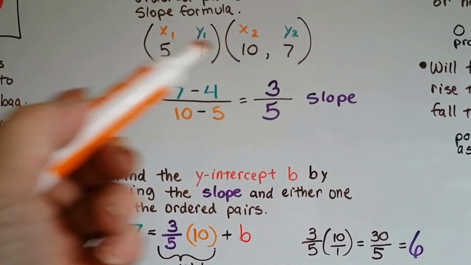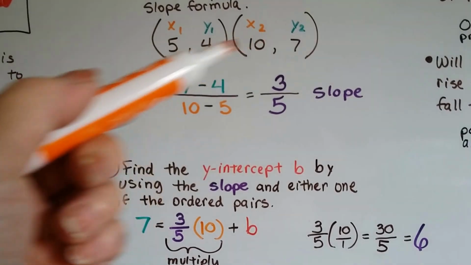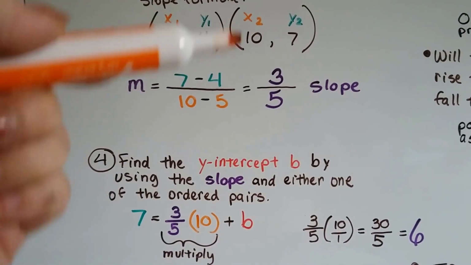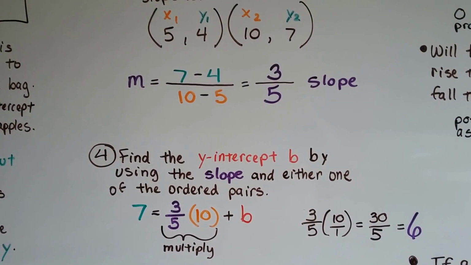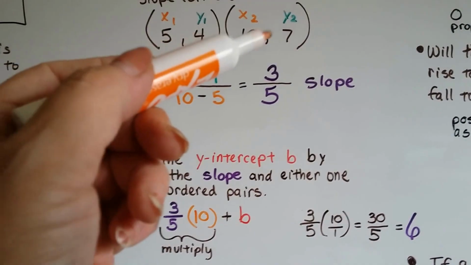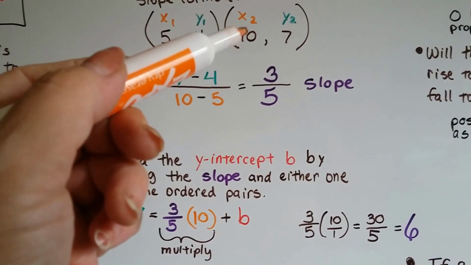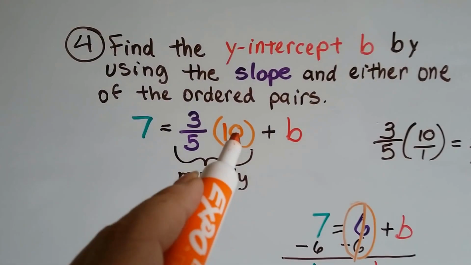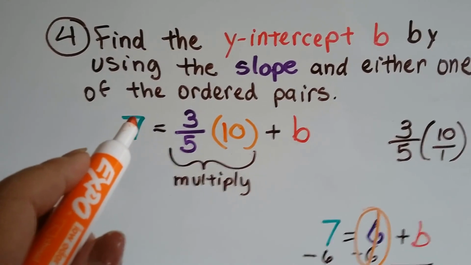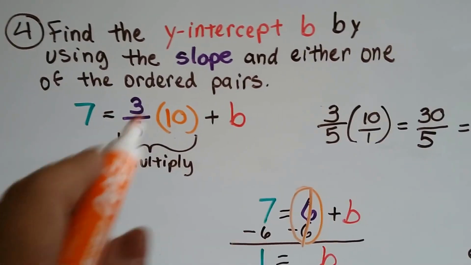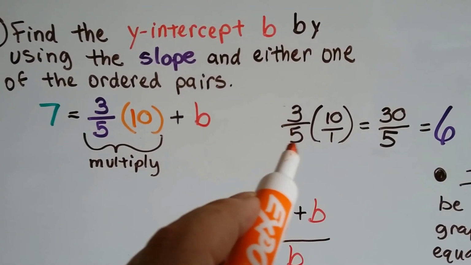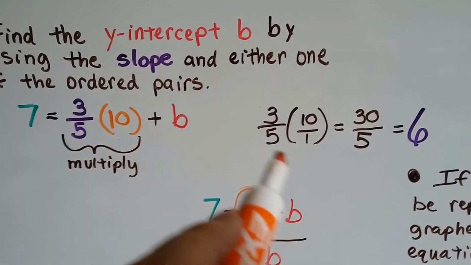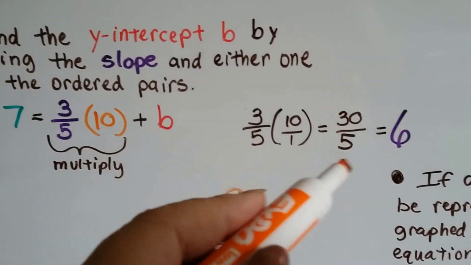We could choose either one of these, and by using one of these, we could find the y-intercept b by using the slope, okay? Now I chose this one because 10 is easy to multiply by. So I chose x2 and y2. And I plugged x2 in here and y2 in here. And I have to do the multiplication for this. So 3/5 times 10 over 1, 3 times 10 is 30, 5 times 1 is 5, 30 over 5 is